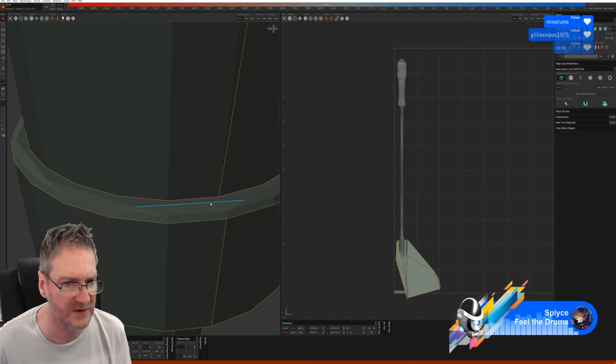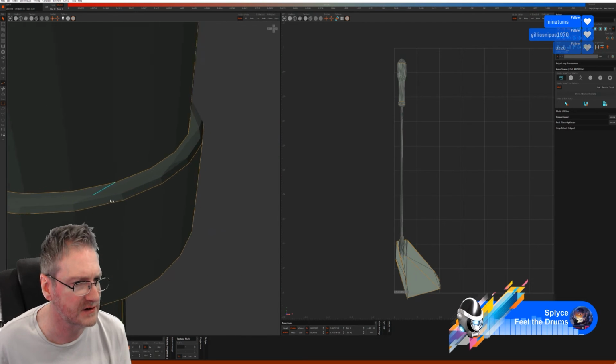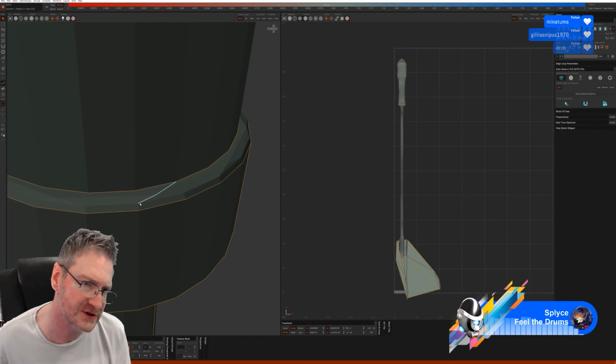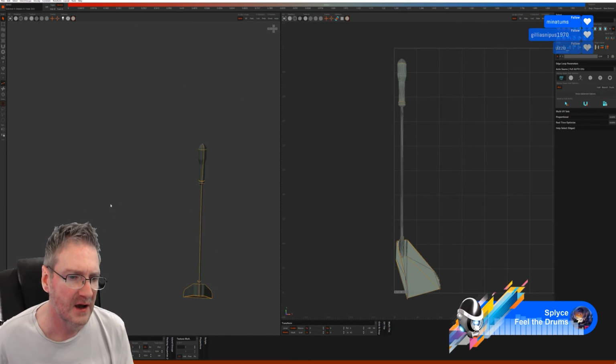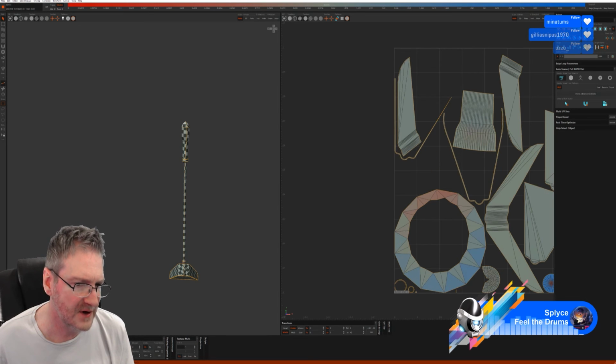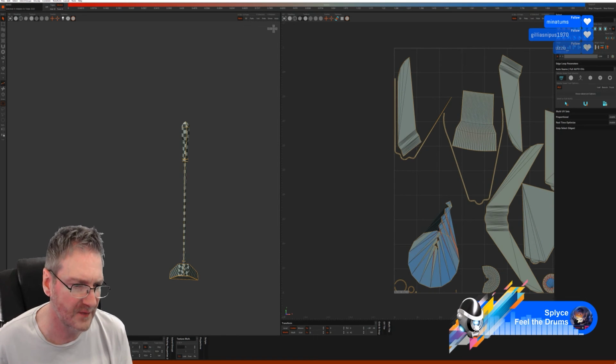Top piece is going to be a real problem to try and do a cut on. I can see it already. It's a really weird piece of geometry. A cut there. Okay, let's do an unwrap and an optimize and a pack.